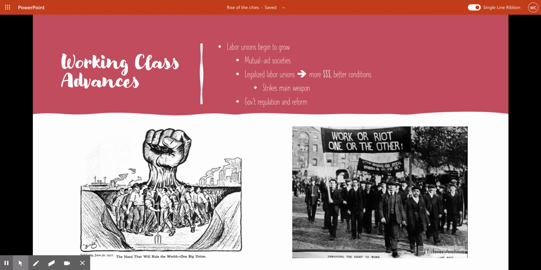One of the key tools that labor unions have used to get those better working conditions and to try to improve their living conditions is work stoppage. They can go on strike, meaning they can all agree to stop working, and they can shut down an entire business. And of course, that doesn't really go over well with the factory owners, and you really see a negative reaction, and even some governments have a negative reaction to it.